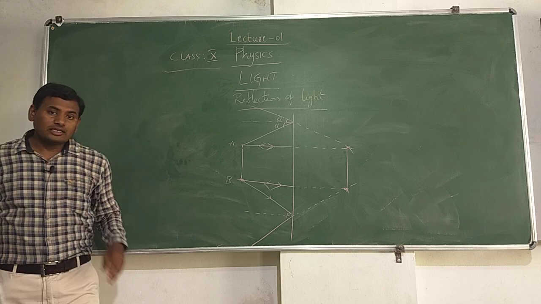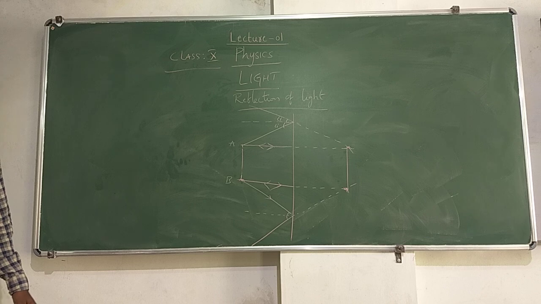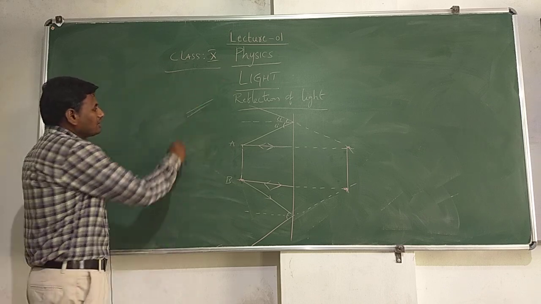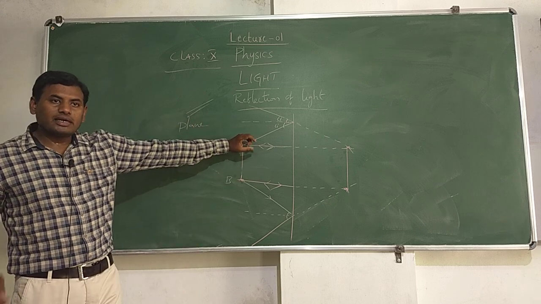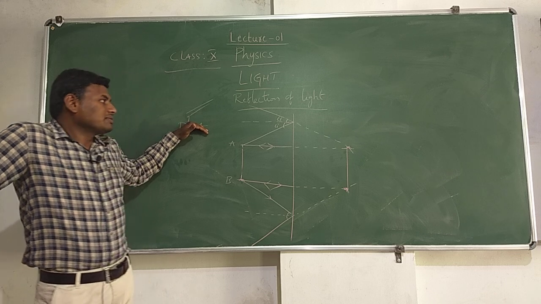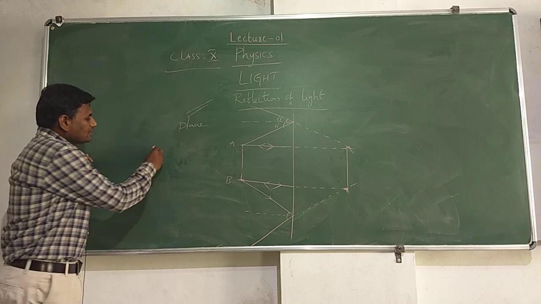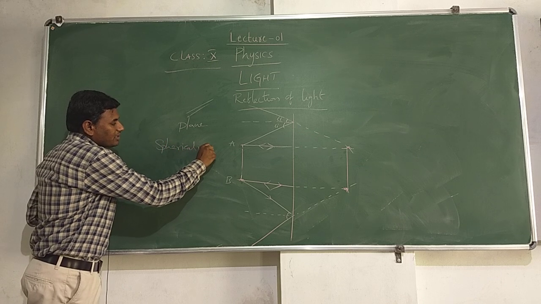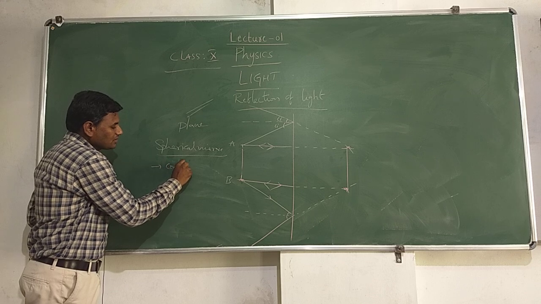Next, the next important topic from reflection of light is image formation in curved surfaces. So, we have seen how reflection of light takes place in a plane mirror, the ray diagrams of a plane mirror and the characteristics of images formed by a plane mirror. And our next topic is how images will be formed on curved surfaces, or spherical mirrors. Spherical mirrors are of two types, one is convex and the other one is concave.